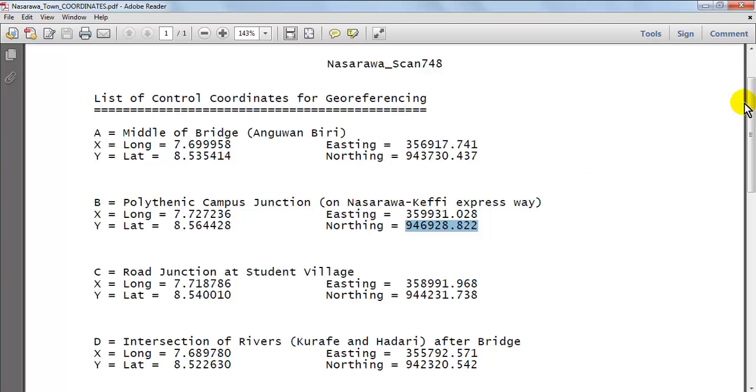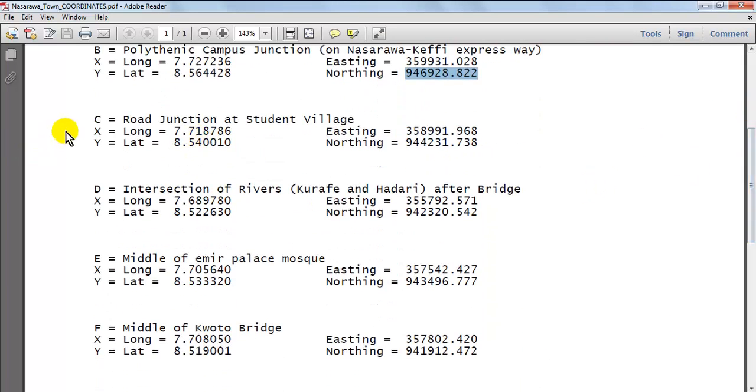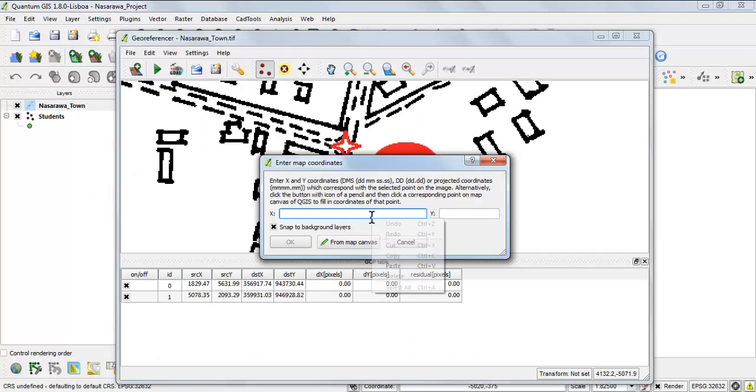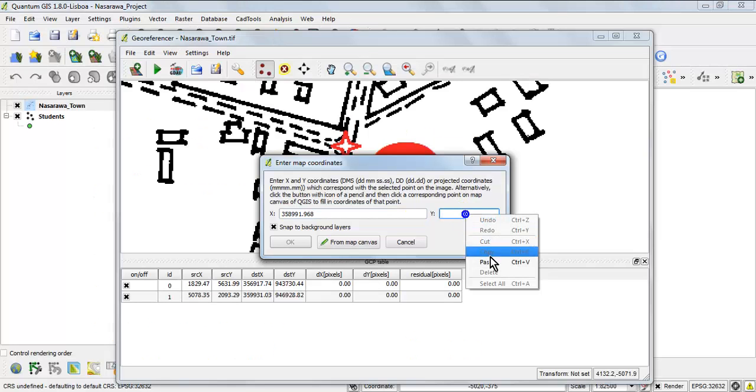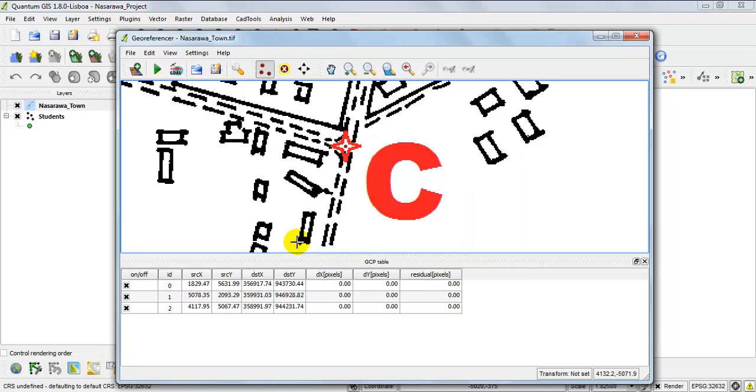Then go and grab the coordinates of control point C. Copy. Then paste. Copy the northings. Then paste. Then click on OK.